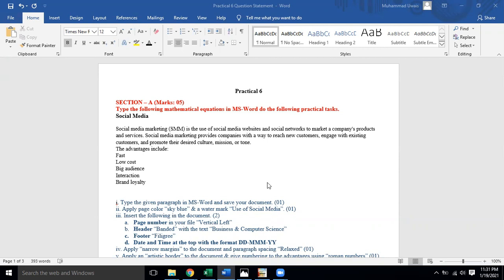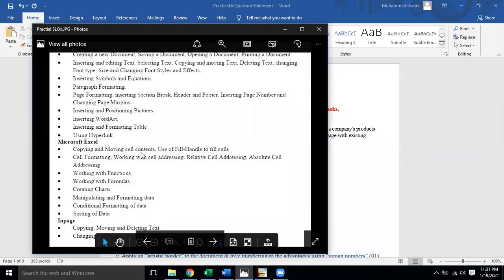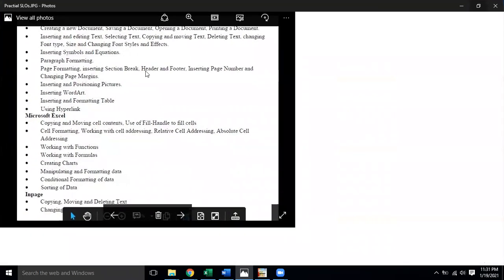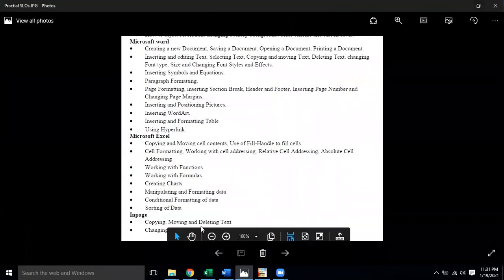And I have covered all the things which are given in your list of the practicals provided by the federal board. So all these things are covered in our practical number 6.